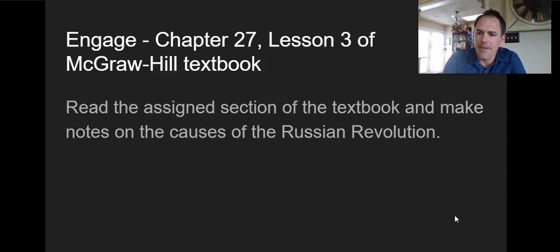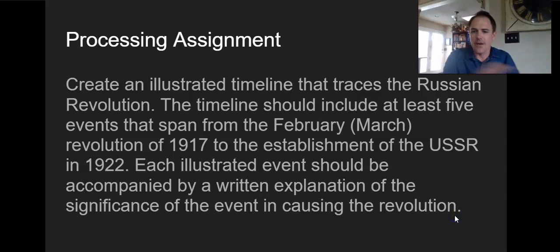All right, welcome back. So now we're into the processing. So now you're going to show me that you have mastered the objective on explaining the causes of the Russian Revolution. We're going to do it in an activity we've done a few times this year, and that is an illustrated timeline that traces the Russian Revolution. Here are the requirements. At least 5 events that span from the February